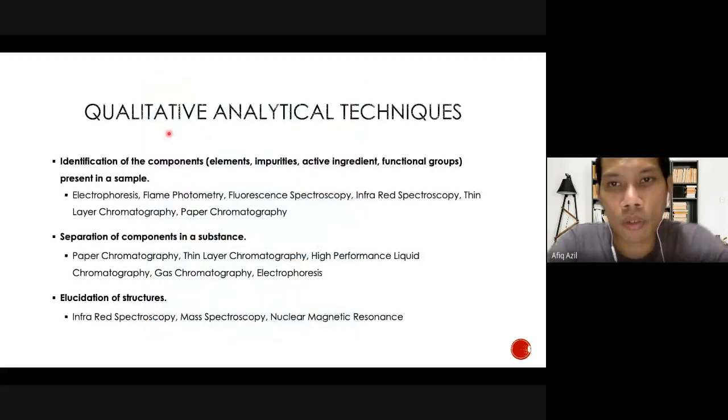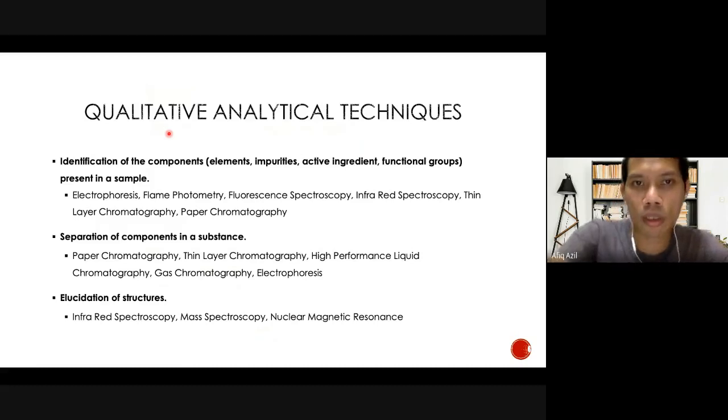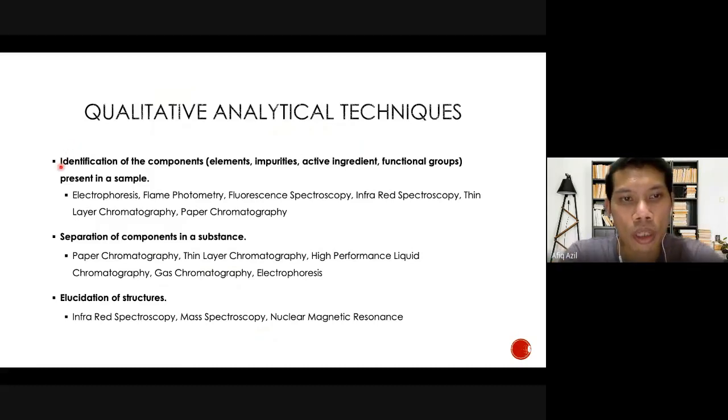So in qualitative analytical techniques, okay, we see this one first. So it is more on to the identification of components or separation or elucidation of structures. So example of identification is just you want to determine the element of a particular compound of your choice. And you can also use it to detect impurities, the API, and functional group present in a sample. Example of the analysis type is electrophoresis, flame photometry. This one can be used to determine